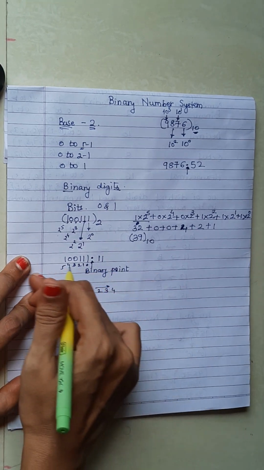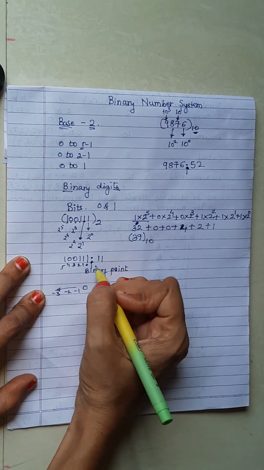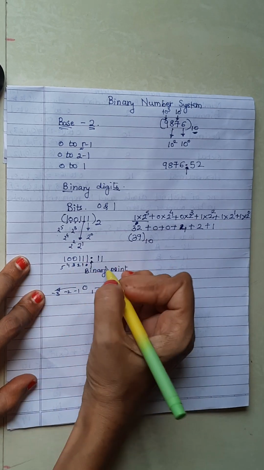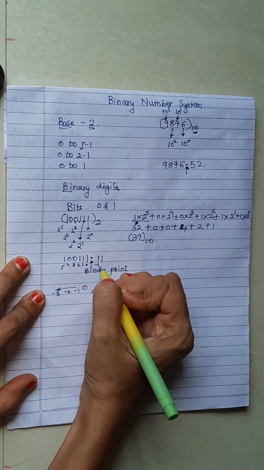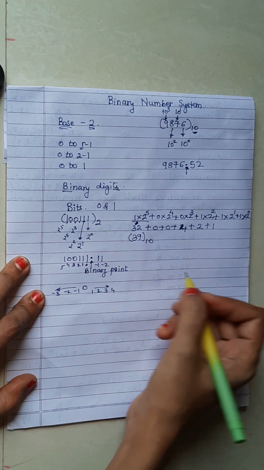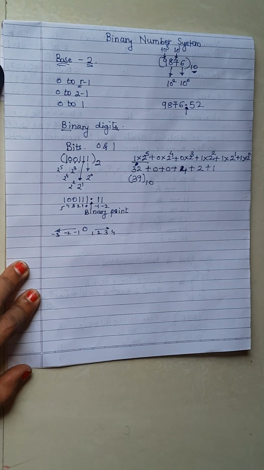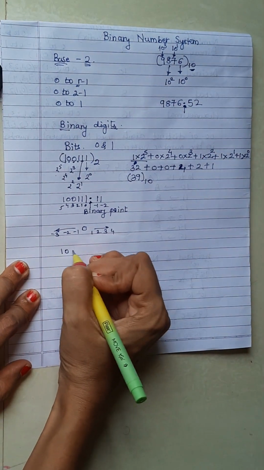We go on increasing from left to right to left. Here we will reverse this, and the weights would be 2 raised to -1, 2 raised to -2, and so on. So if I have a binary number in this way,